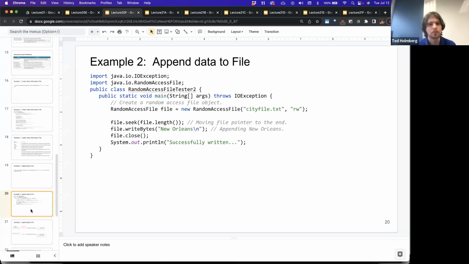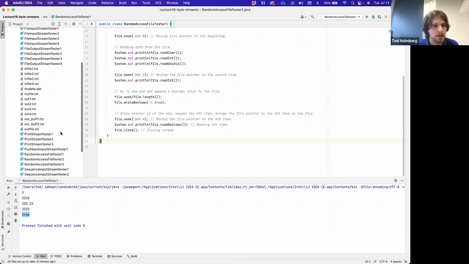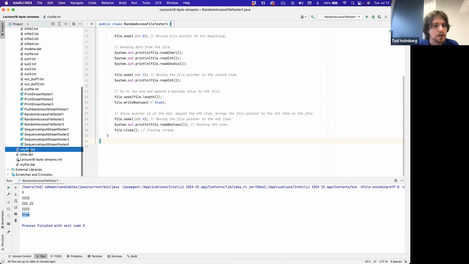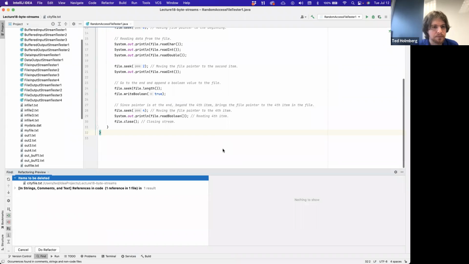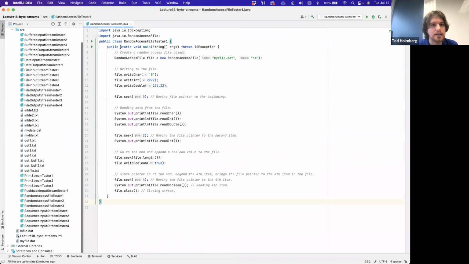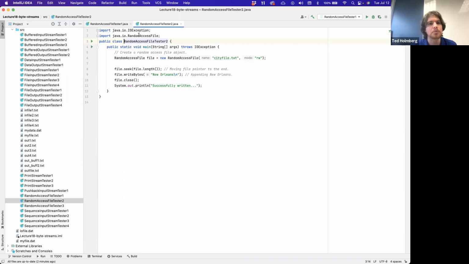So here, what we're going to do is, again, let's jump back over here. Okay, so I'm going to delete this. Let's refactor. Okay, so it doesn't exist. Let me open up my RandomAccessFile tester 2. So what we're going to do here is we're just going to import our IO exception. We're going to import our RandomAccessFile class. We're going to create a new class. We're going to create a main method that throws an IO exception